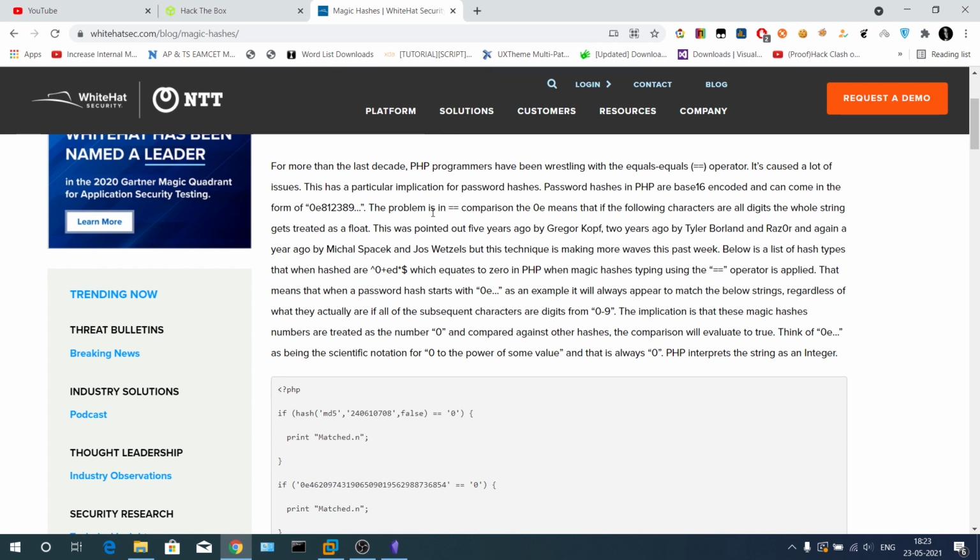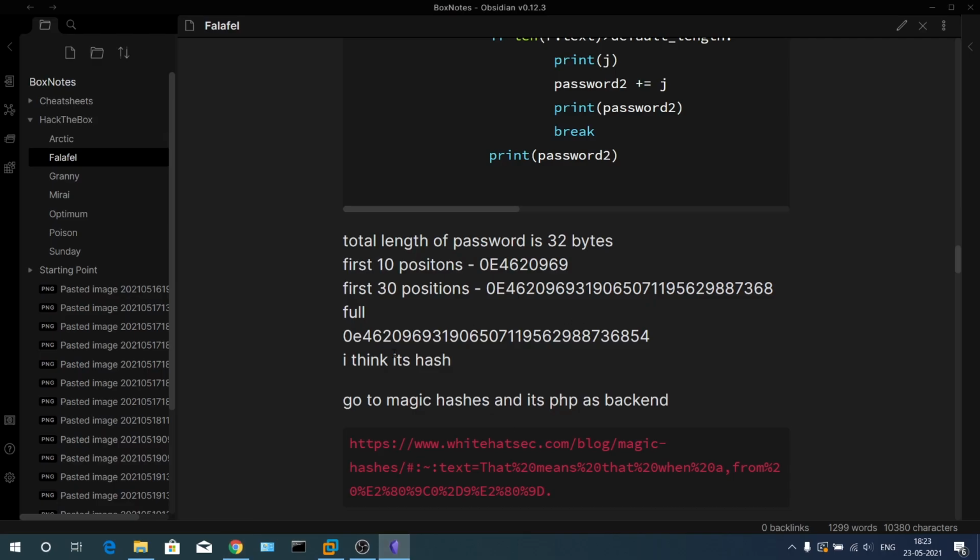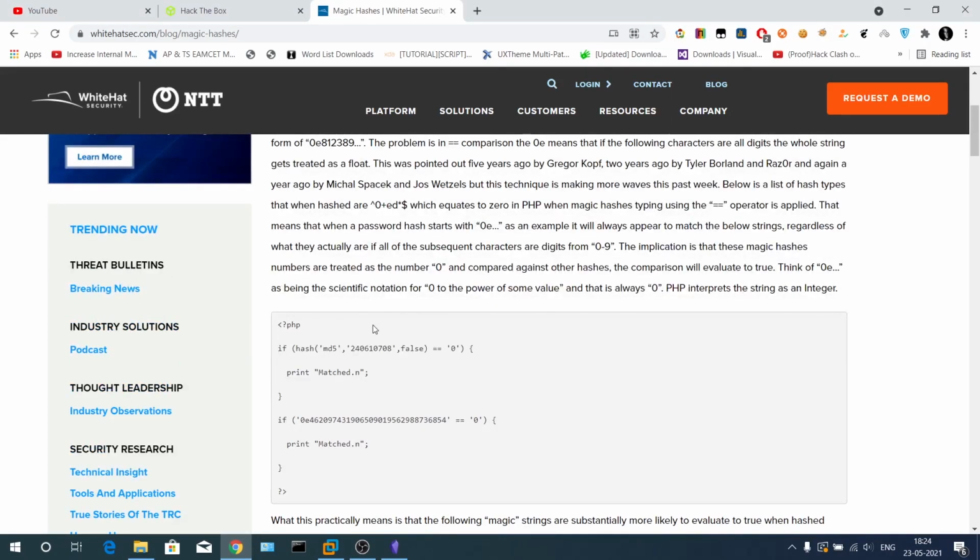It's similar to JavaScript. Whenever a number starts with 0e and the remainder is only numbers, this will be treated as a floating point value. So whenever there is a PHP database using the MD5 hash of a float number like this, and if you do the MD5 hash of this number, you will get this exact same result.